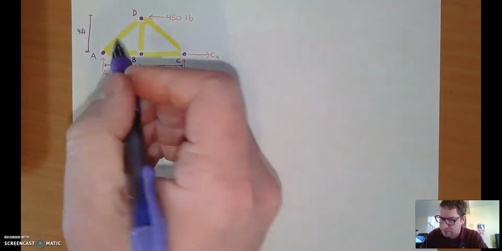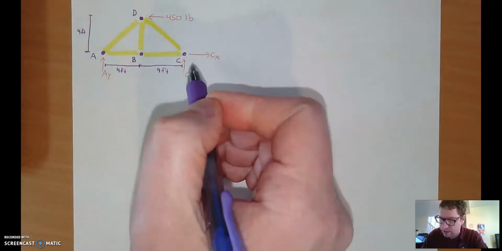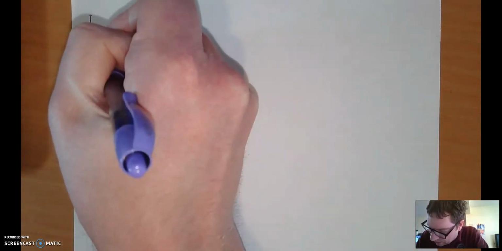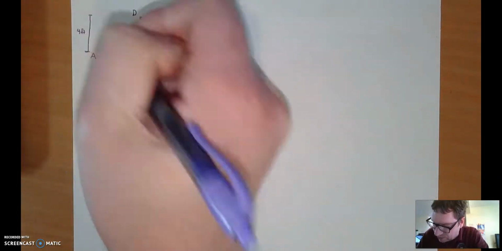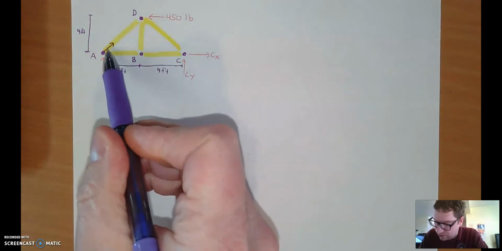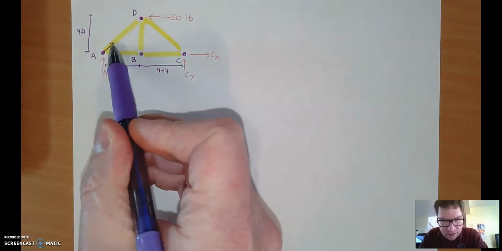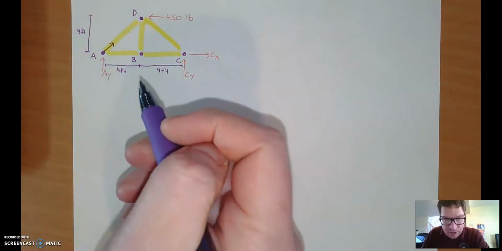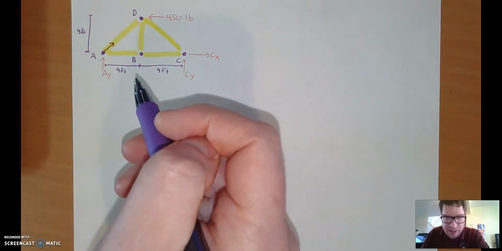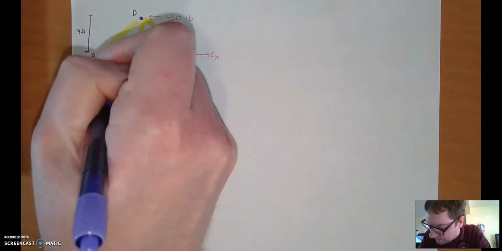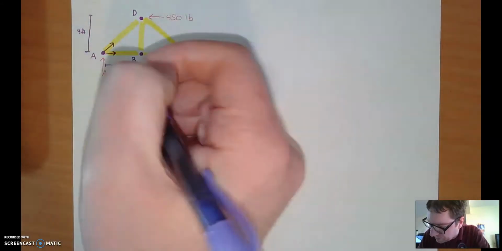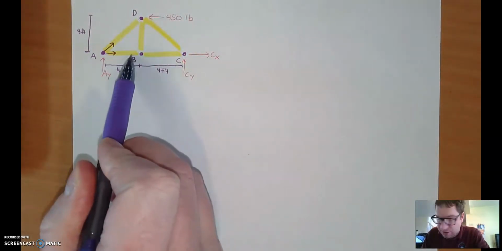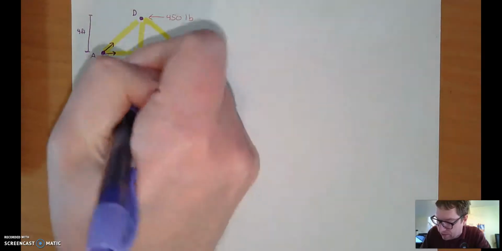So again, we need to expose these internal forces so that we can do some analysis. So at joint A, we can draw this force here. Remember, if your internal force goes away from your pin, that is tension. If it goes into your pin, it is compression. In general, I draw all of my internal forces in tension, but you're welcome to use either one. So if I draw this one in tension, then on this piece it also has to be in tension. It has to be drawn